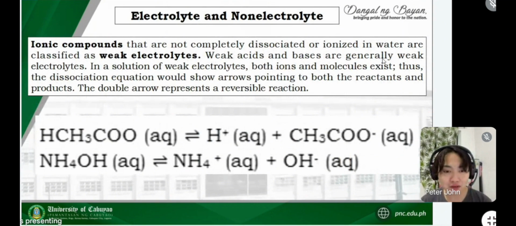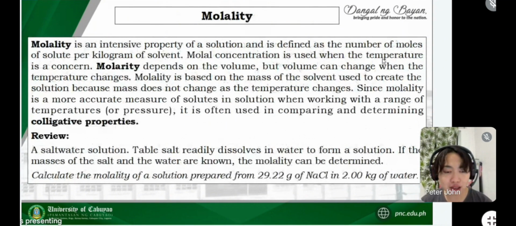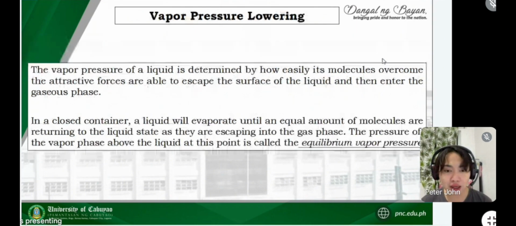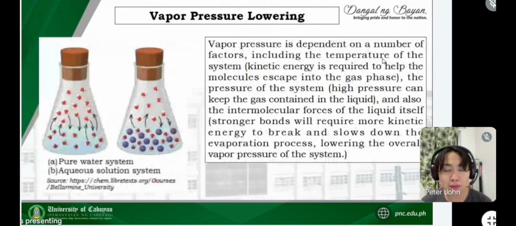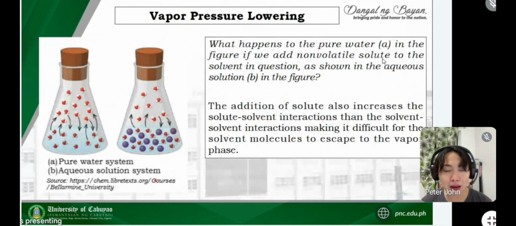We also have non-electrolytes, and we have a sort of review about molality. Under the colligative properties of a solution, we have vapor pressure lowering, boiling point elevation, freezing point depression, and osmotic pressure. Last time, we already discussed the vapor pressure lowering. So for today, let's continue discussing